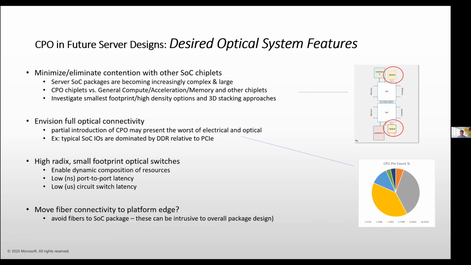This is non-trivial. It's not like you can eliminate any footprint relative to CPO or equivalent technology. But the problem is that this package that our compute SoCs sit on, they're heavily contended packages. They're already large. Almost everything in the platform is wanting to get onto that package. So CPO, like chiplets, need to contend with other chiplets. The footprint is non-trivial, right?